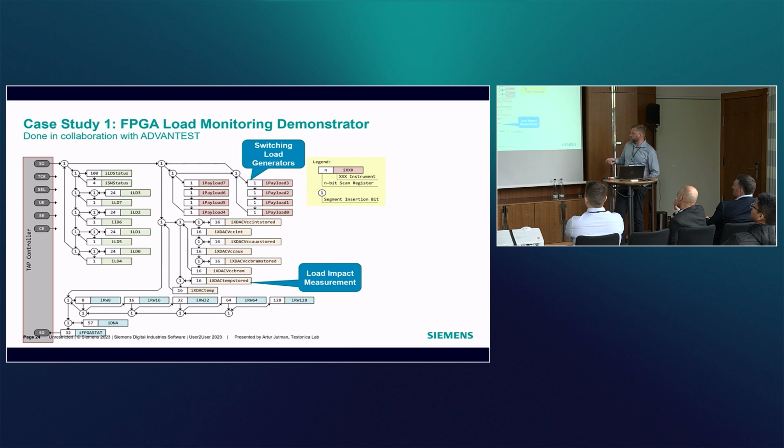And another part of the network is connected to temperature monitors and voltage supply monitors, to see the effect of that. This could be used, for instance, for system level tests, or together with some sort of functional test. Let's say you can basically run your system level test at the same time as reading data from the IJTAG